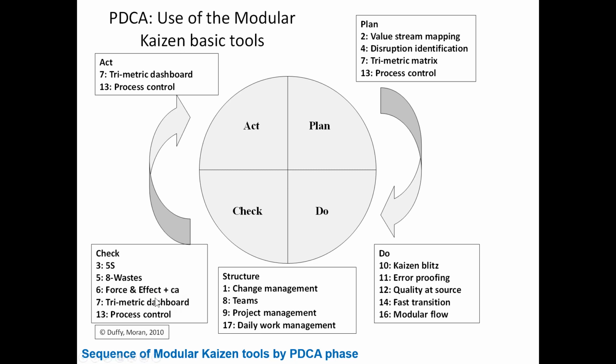The trimetric dashboard is coming in with the final key performance indicators, and then process control really has to be here because you're doing the check that's going to lead into the eventual ongoing monitoring with what you're doing in the act and what I call the lock and load of acting: the documentation, getting this into new employee orientation, or finalizing standard operating procedures and what you're doing.